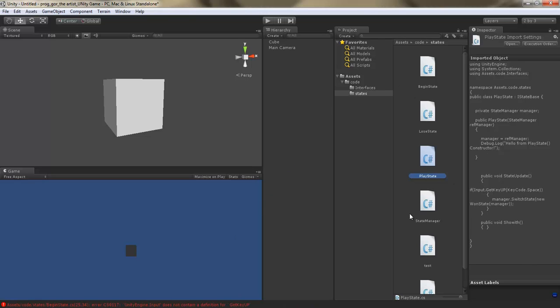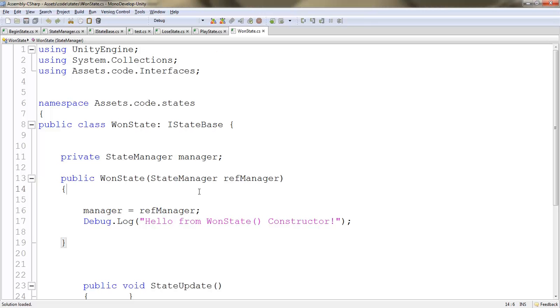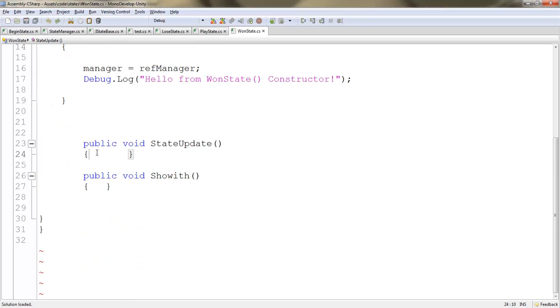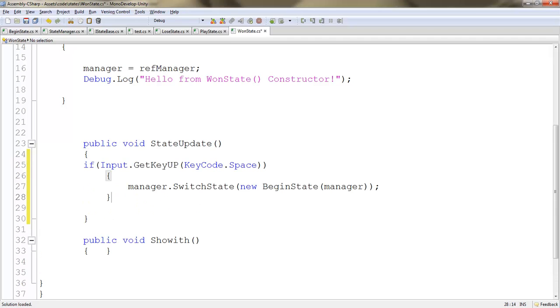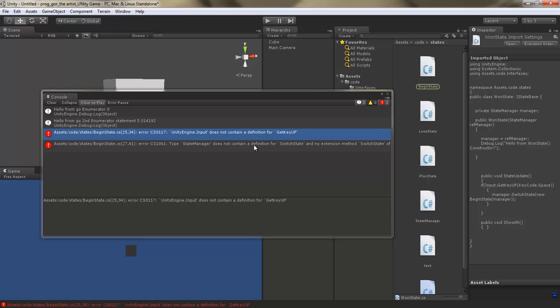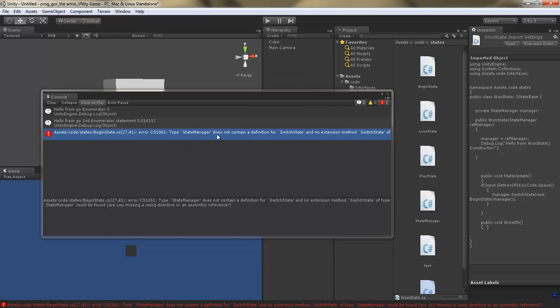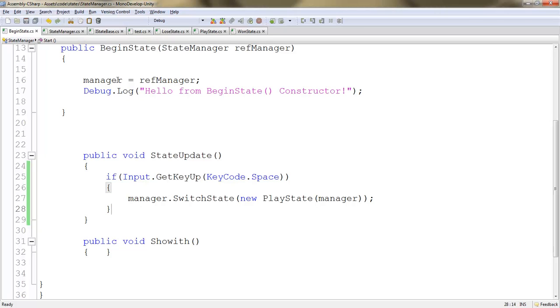So let's open up that last script, and then here, paste that code, hit Control S. Let's jump back into Unity. So just like we expected, State Manager does not contain a definition for switch state, so we have to add that. So if we jump back in, here we go to our State Manager,